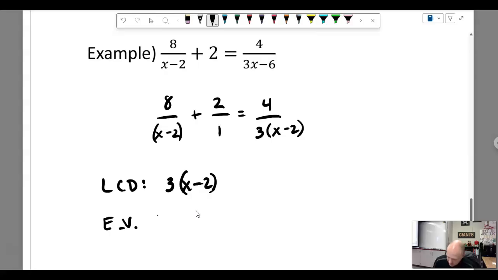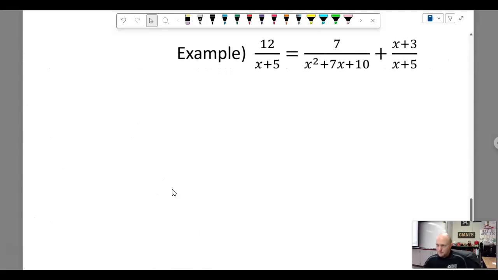Excluded value, x cannot equal 2. The 3 does nothing for us. Okay, it's never going to change. I don't have to worry about it. Set it and forget it. Okay,